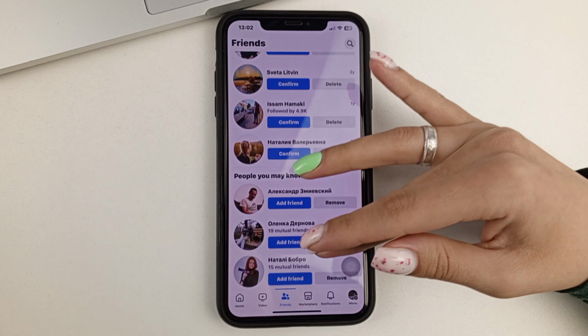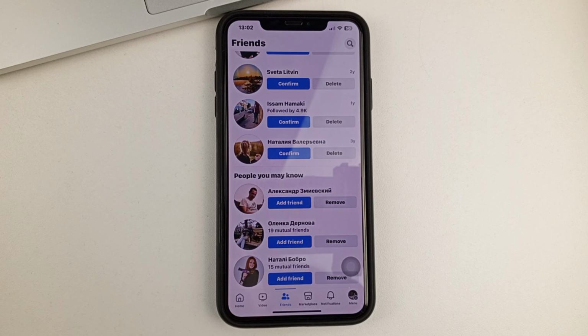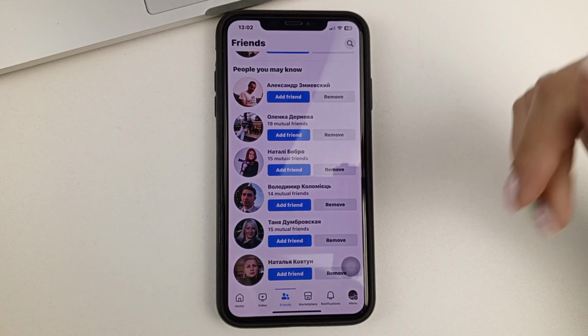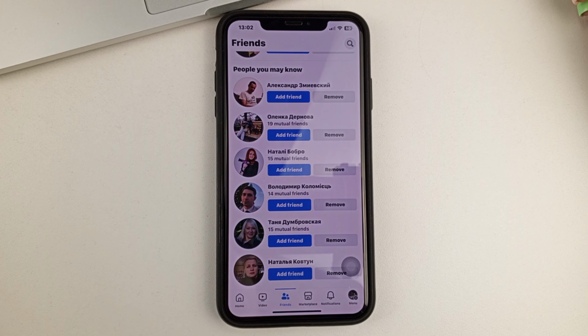In order to find a particular person, because this section, it's based on completely different interests of yours. For example, it tracks Meta accounts, and they can show you here people by phone number that you have in your cell phone book that you may know, and you can find people by phone number this way.